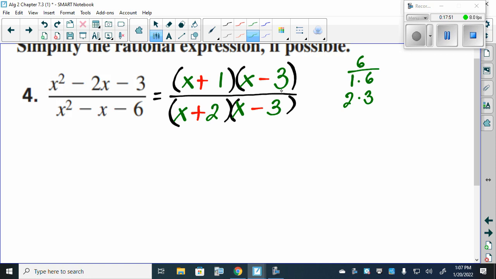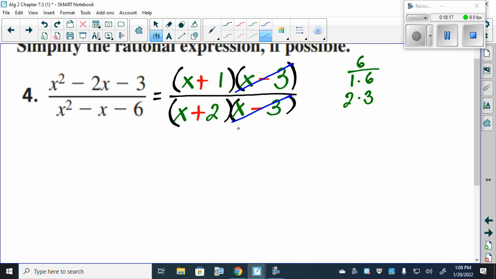Now, if we had an x plus 1 or x minus 1 at the bottom, we might try that. But this is the correct setup, because if we have it this way here, what do we have in common on top and bottom? X minus 3, that will cancel. And I would always make sure to check that this is the correct factorization,